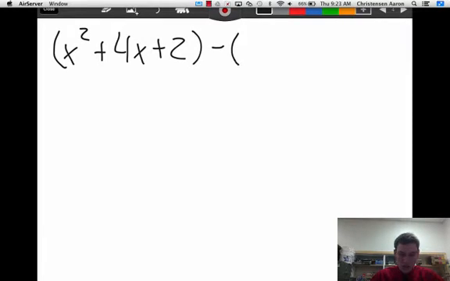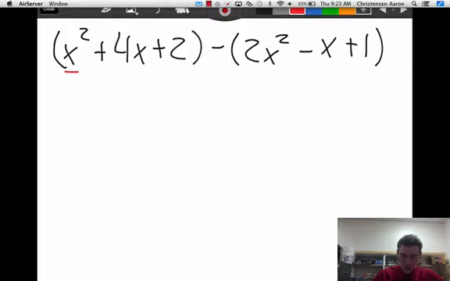Also, we can do this horizontally as we did before. So if we have an example like x squared plus 4x plus 2 minus 2x squared minus x plus 1. Find our like terms, x squared and x squared, x and x, 2 and 1. So we put those next to each other, x squared. Now, because of the minus sign, change the sign of everything that's on the inside. So this becomes a negative 2x